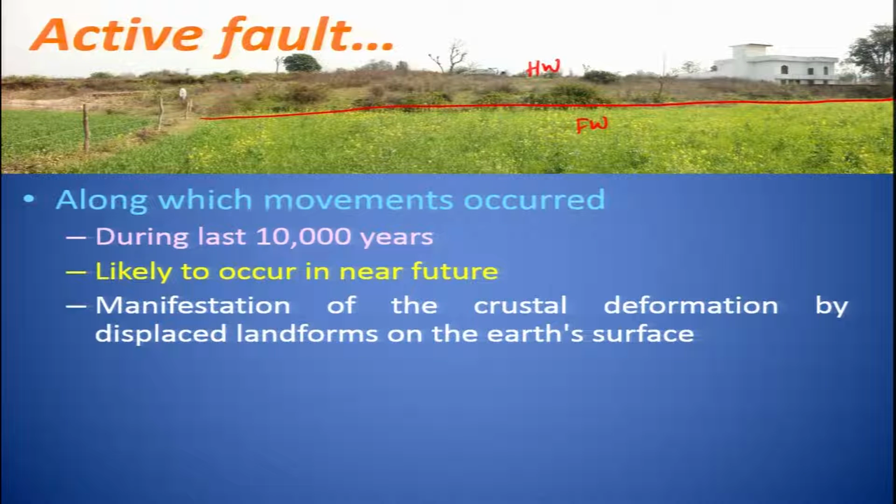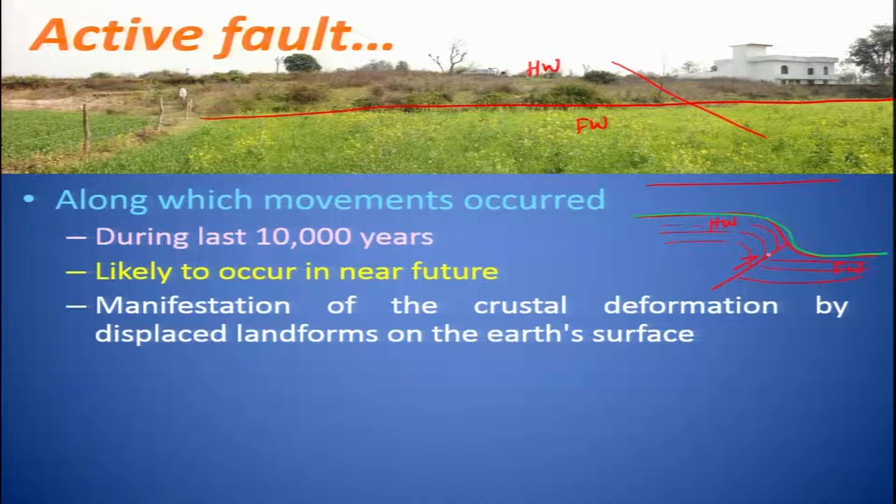So, if I put the cross section here, for example, I take the cross section here, then you will see a feature like this. Okay. Earlier this was a flat surface, but because of the deformation and the movement along this inclined fault, and I say this very confidently because we know that this is a reverse fault, where this is the hanging wall and this one is the footwall, the hanging wall has moved up, and then also we see some sort of a deformation. I'll show a couple of photographs if possible, which show the deformation pattern like that. Okay, so this is in the trench sections which we have seen. So this is the manifestation on the surface. So what we see, this is your surface here,